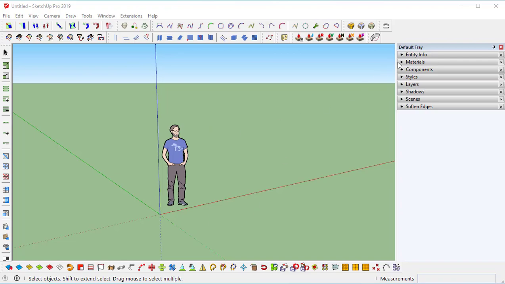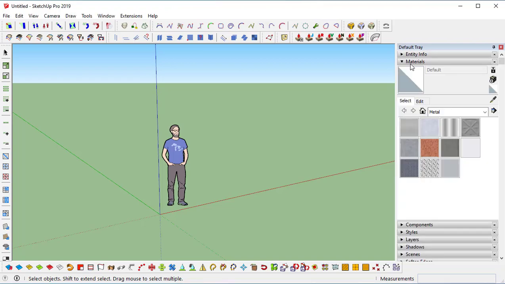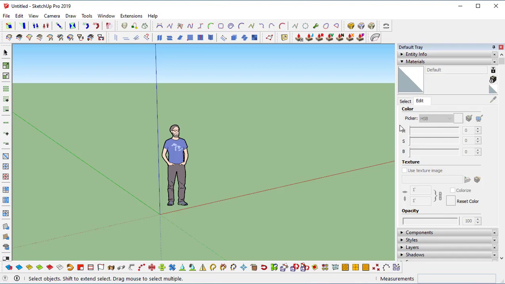Okay, for now, if you click here at this panel, the material panel will be open like this, and here you can find all the material sections. Here you can see the preview, and it is to create new material, and it is for default material. Here you can do the editing materials,